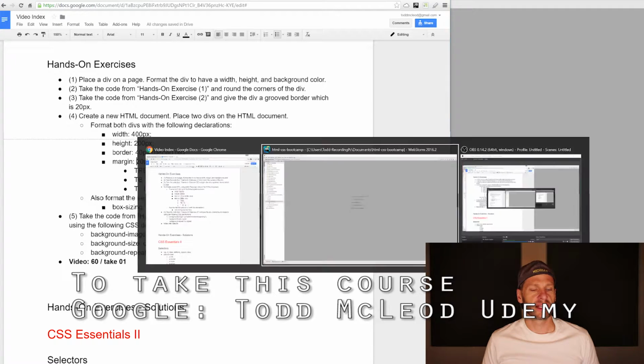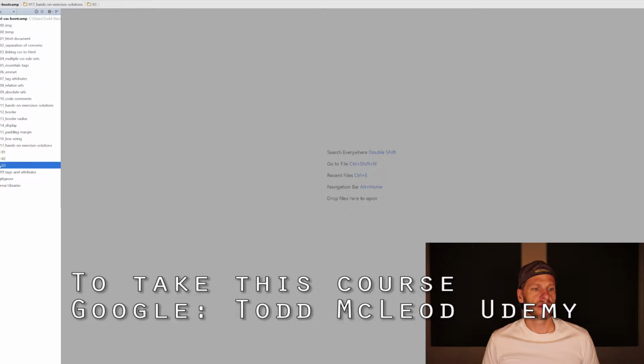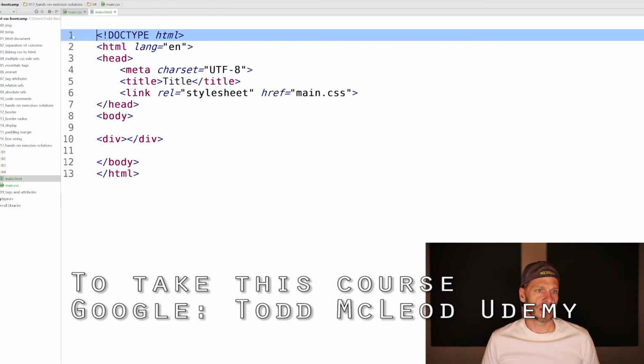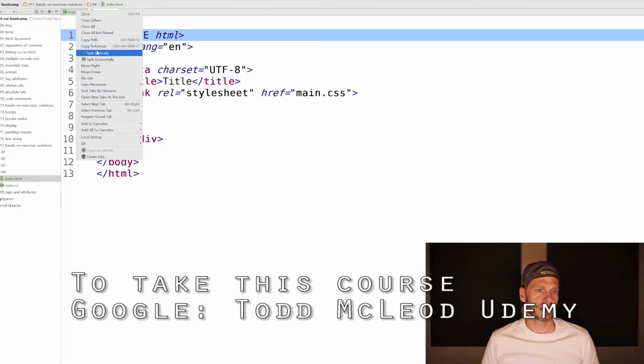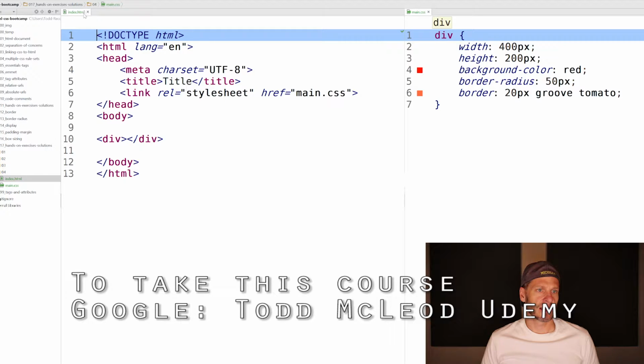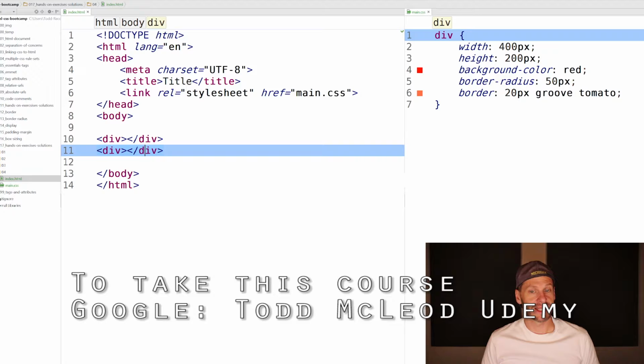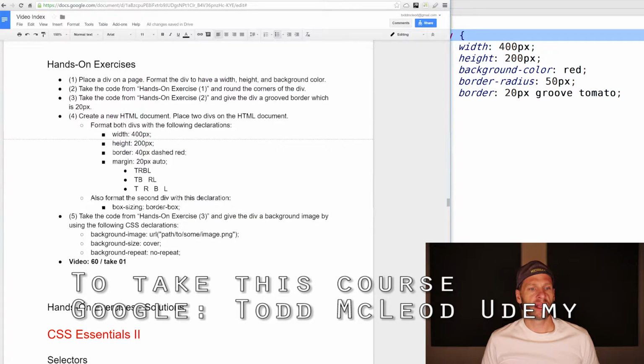Place 2 divs on the HTML document. All right, so I'll just do a Control-C and Control-V and 04. And open this one up and right-click my style sheet, split vertically, and click that one closed, and then place one more div on the page, Control-D to duplicate, and then we want to give them each a width, a